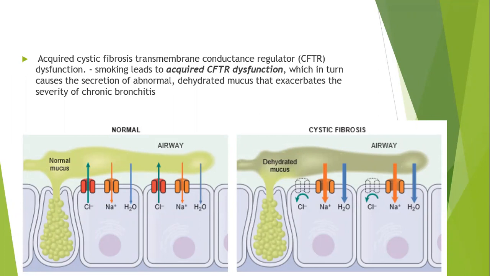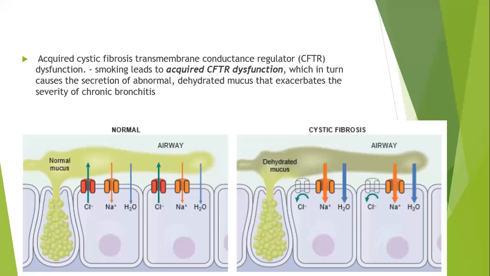but smoking leads to an acquired CFTR dysfunction. If you look at the picture, normally your chloride goes out and your sodium comes in. As your sodium comes in, it draws in water from your airways. But when CFTR is dysfunctional, as on your right, chloride doesn't go out. So chloride stays within the cell, and to maintain the charge within the cell, more sodium comes within the cell. As more sodium comes in, more water comes within the cell. So this results in abnormal dehydrated mucus. There is a lot of mucus production, and the mucus is dehydrated, so it doesn't really do the job that it's meant to do.